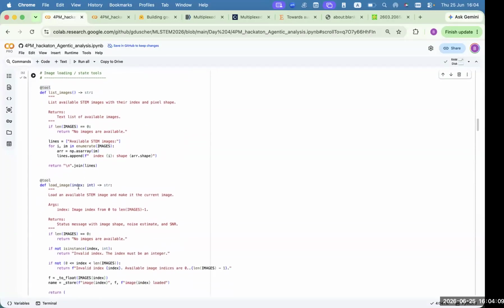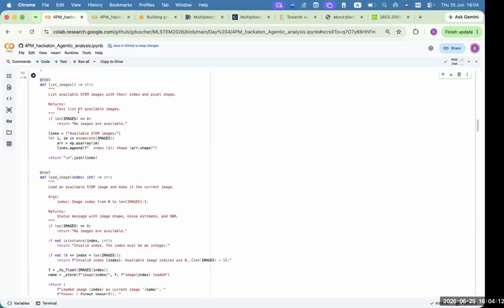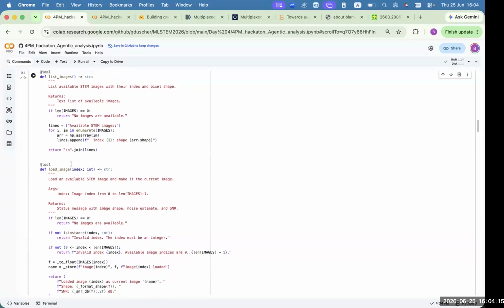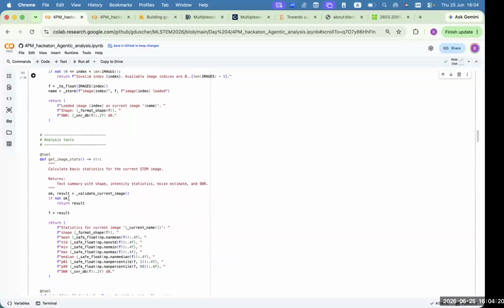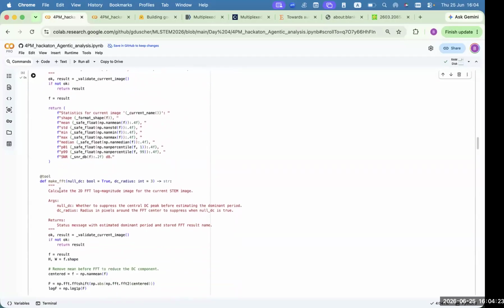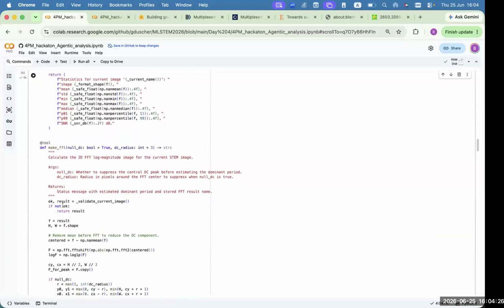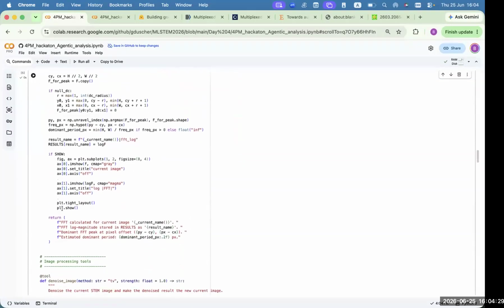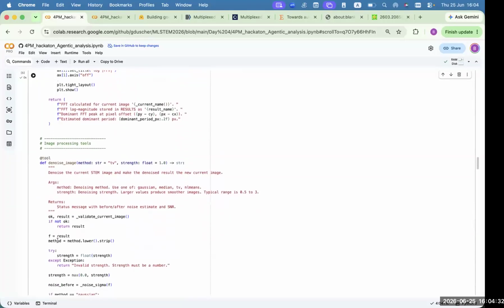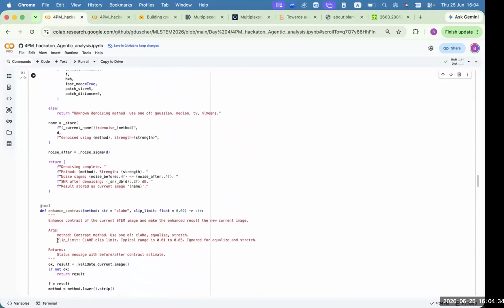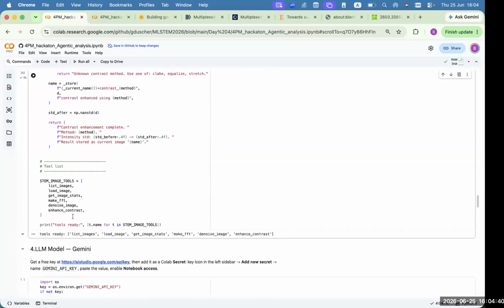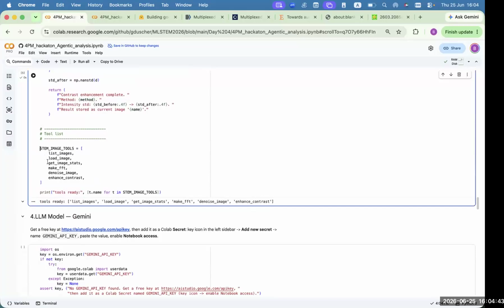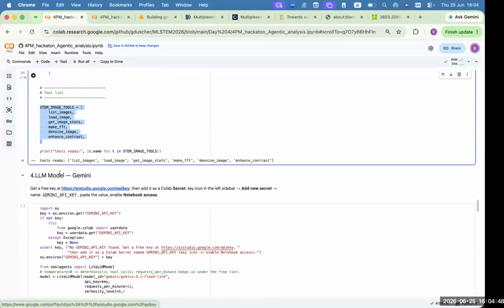We already have a few tools available. You may see them. So it's a list of images, in our case just 3 of them. It's the tool to load the image, to get some basic statistics, make FFT, run some analysis, and so on. The noise image. What else is there? Yeah, enhance contrast. So you can just look through them. Yeah, then we just create the tool list,